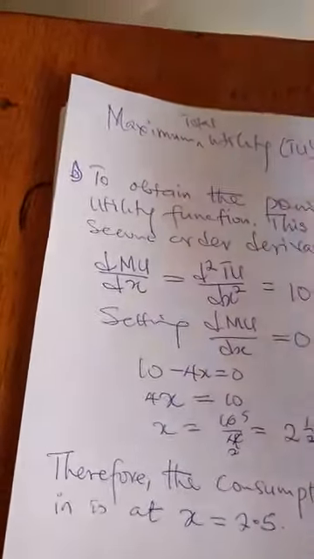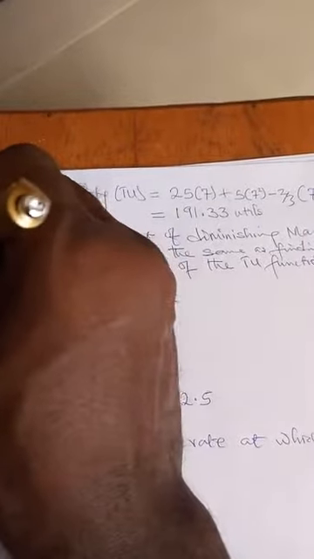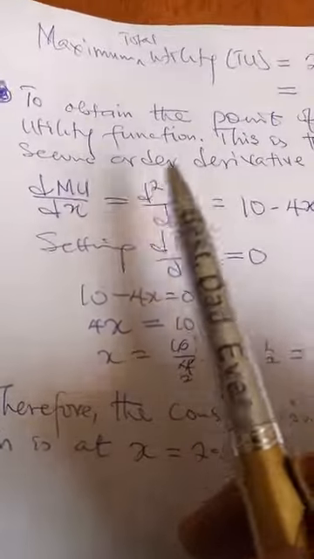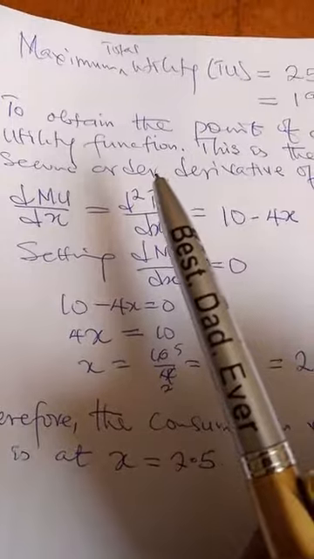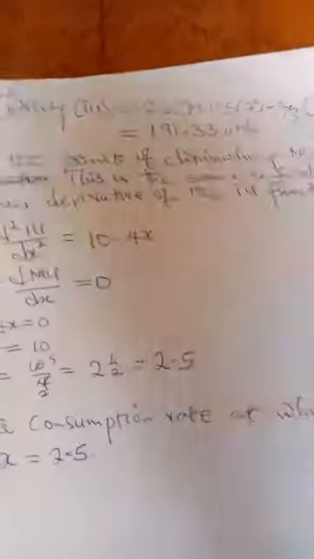No, this is not supposed to be B. It's Roman figure 2. What we're obtaining is Roman figure 2. Take note. So we have to obtain the point of diminishing marginal utility. To obtain the point of diminishing marginal utility,